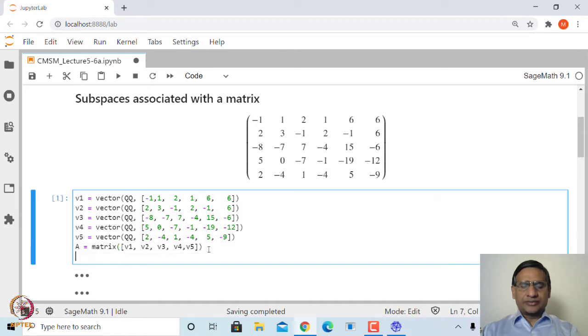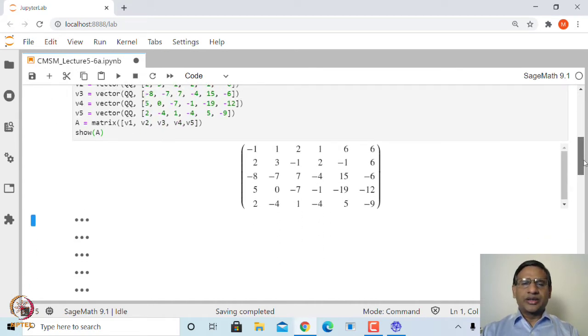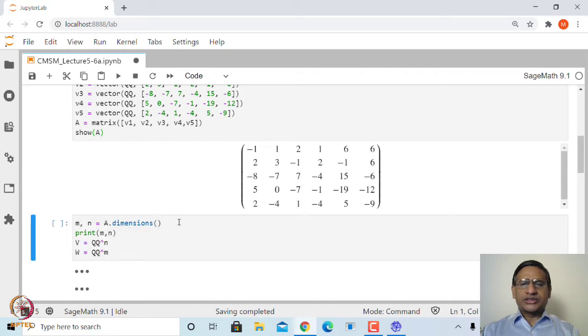Now, if you look at this A, this is exactly the matrix here. First, let us find the dimension of this matrix A and store these dimensions in m, n. So, m will be the number of rows and n will be the number of columns.